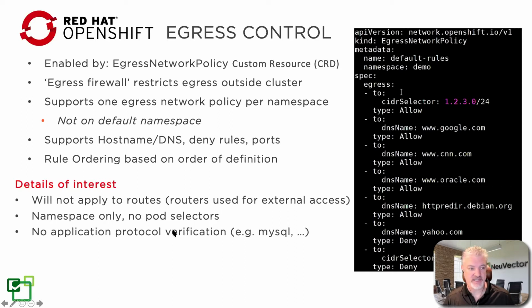No protocol verification. In both Kubernetes and OpenShift, there is not an ability to verify the app protocol at layer 7 for egress. And that's another layer of security that can prevent tunneling or other types of attacks. So the ability to identify a protocol is one capability, then to also validate that protocol, to not only be able to identify it, but to verify that the traffic within that protocol, the payload, is not